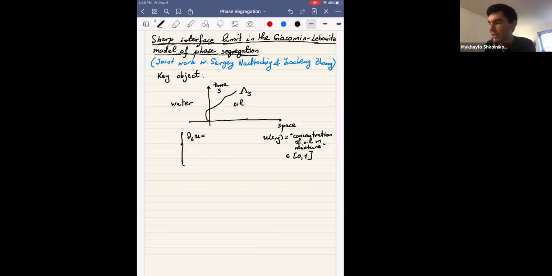Whenever we're outside of the boundary, so either within the oil region or within the water region, we will impose a PDE on our function u. The PDE might be familiar to many of you. It usually goes by the name porous medium equation. It reads the way I wrote. There is a nonlinearity capital A that you apply to u, and then you take the second derivative in space. So that's the right-hand side.